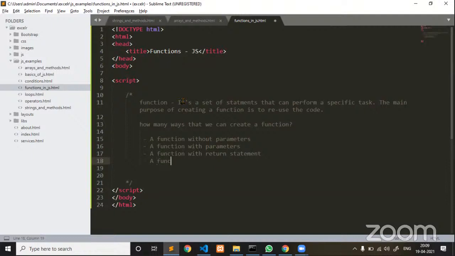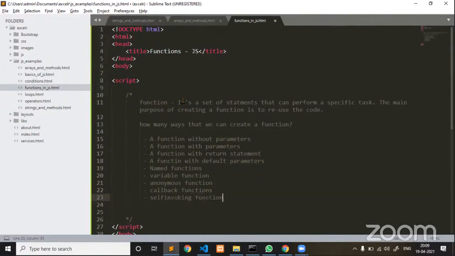Next, a function with default parameters. Next, named functions and variable functions, anonymous functions, callback functions, self-invoking functions.